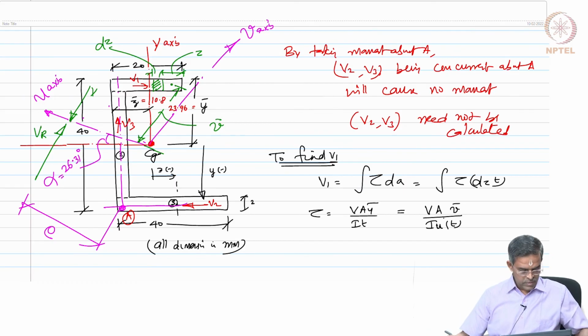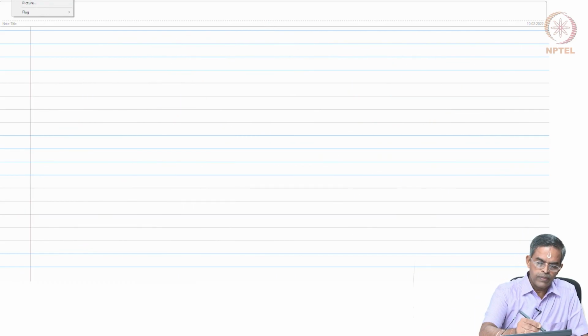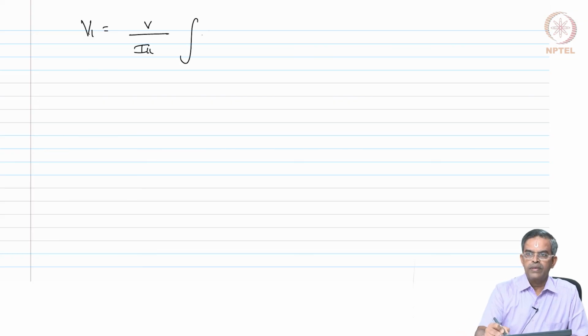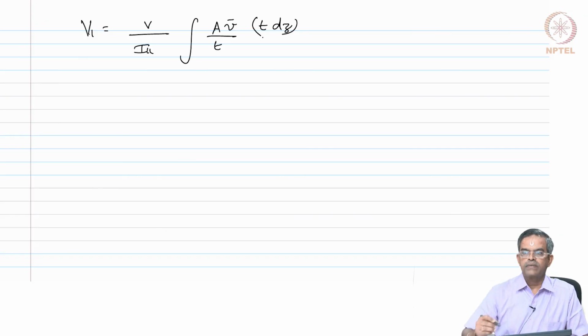Am I right? Please look into this equation. I am transforming them into principal planes, right. Therefore, V1 will be V by Iu integral A V bar by t into t dz,